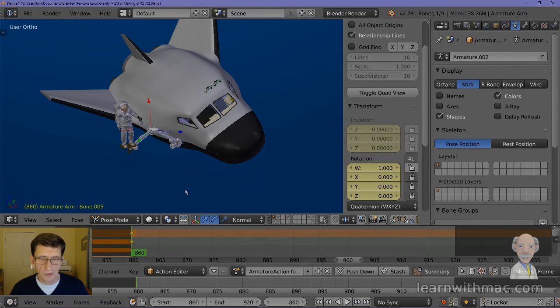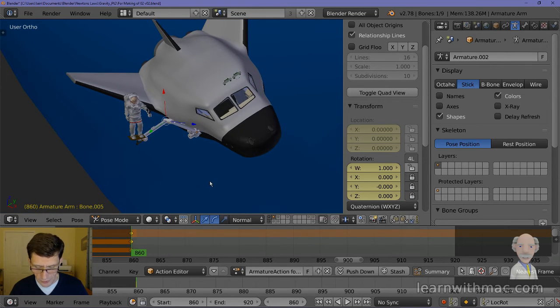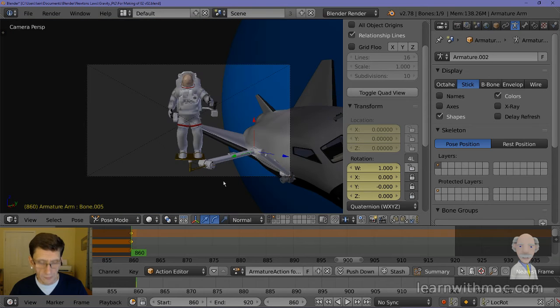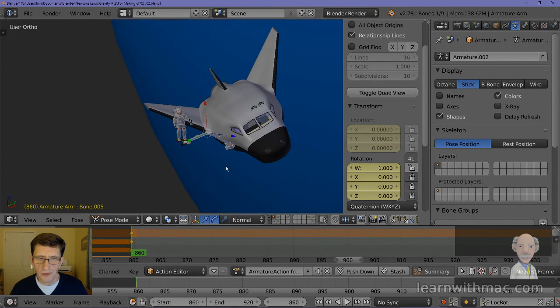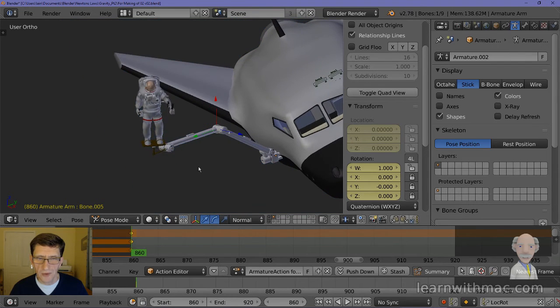So let's have a look at how we create some animation. Let's pop into the camera, and what we're going to do is move the robotic arm as we scroll along the timeline here. Before we do that, we need to understand how we can make objects move. And let's have a look at the